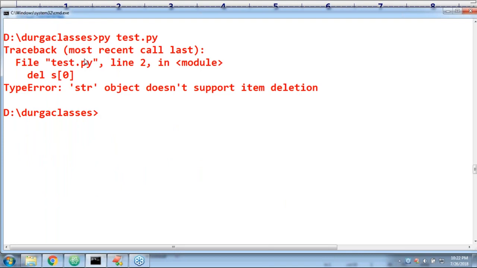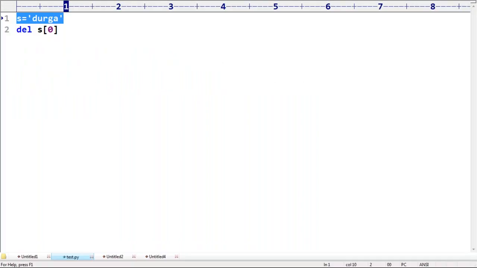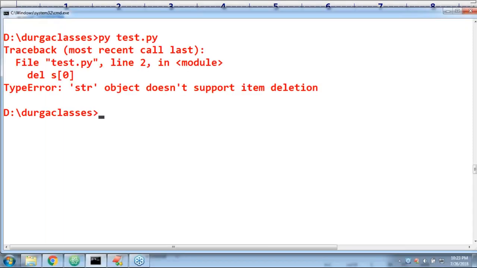str object does not support item assignment. Means, we can delete variables which are pointing to an immutable object, but we can't delete the elements present inside an immutable object. Remember this one. We can't delete elements present inside an immutable object because it is immutable. You can delete s, no problem, but you can't delete s[0] because this total is one object. You can't change its content because it is immutable. Remember, small loopholes about the del.